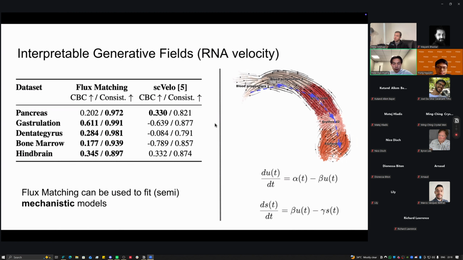Yeah, so can you just describe the task a little bit? So here, what's the data distribution? Like, what are you sampling? Yeah, so here you're sampling single cell spliced and unspliced RNA. Or is it RNA expression? Yeah, exactly. Expression. RNA-seq. Yep. Okay, so you have data of RNA expression of cells in different states,